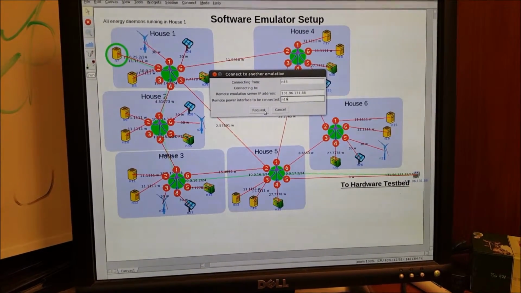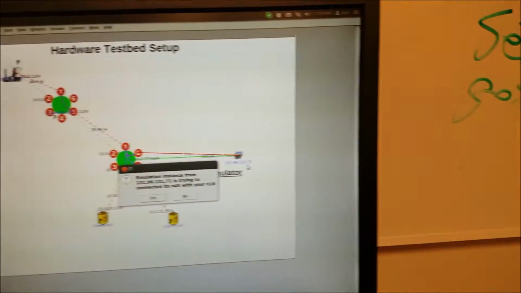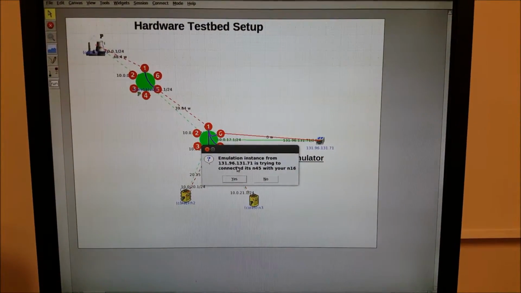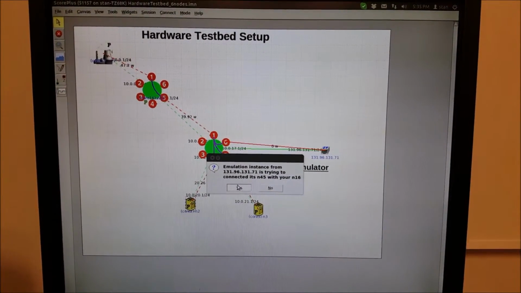Then make a request. So here a request is sent. On this side, you can see the request is reflected. So we confirm the connection,